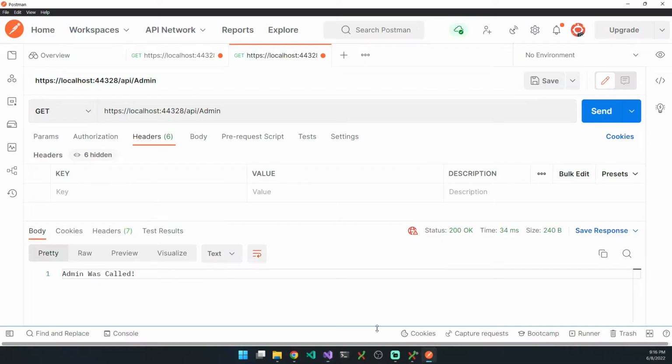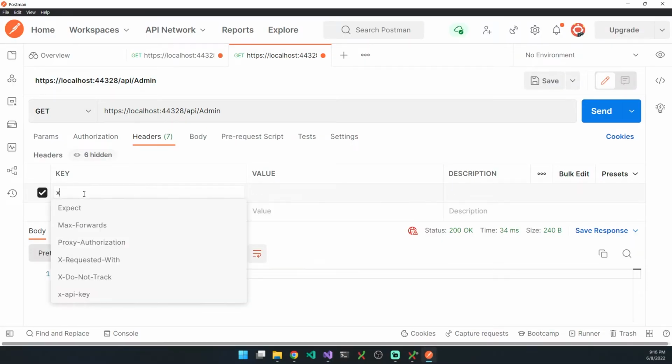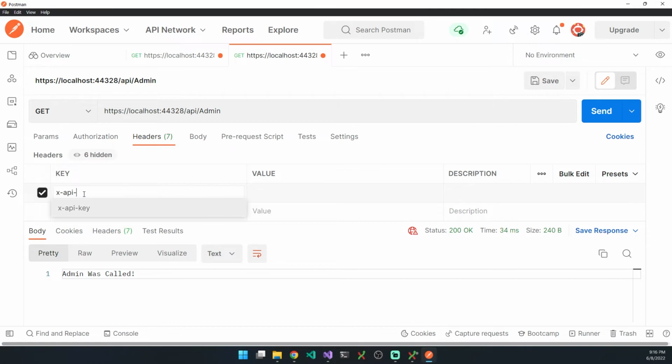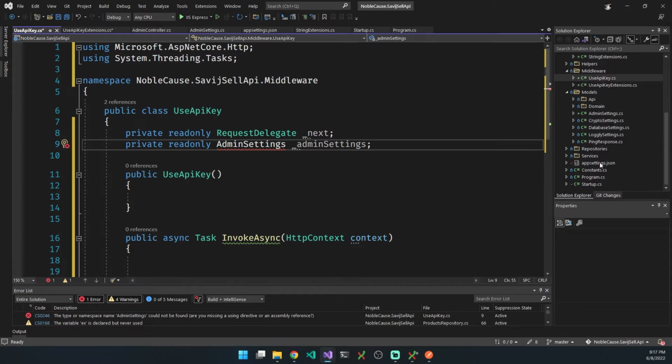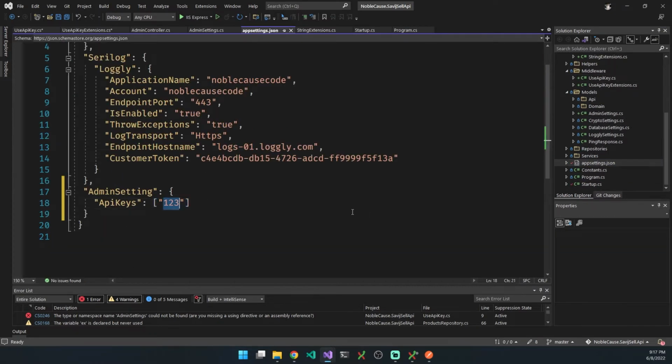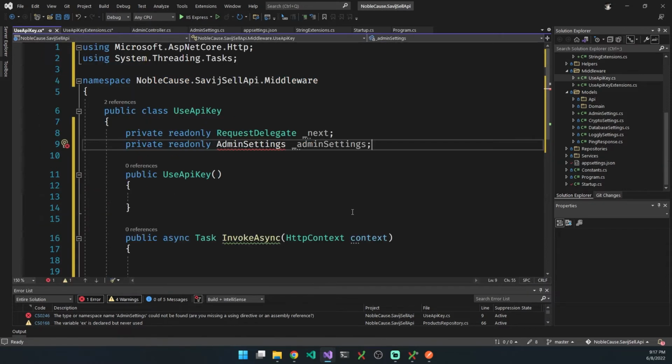So if I go into Postman and I put in here an x-api-key, which is kind of the standard for calling with API keys, and I put in a value of 555, we know that our valid API key in our settings is not 555. I put in 123. So we need to be able to pull in 123 from our app settings from the admin section